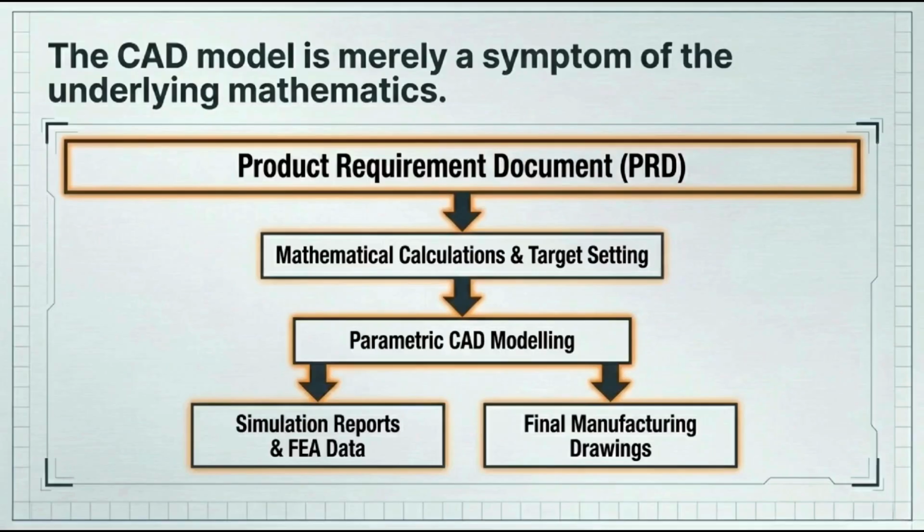The strongest engineers are not necessarily the fastest CAD users. They are the individuals who understand why every dimension, feature, and component exists. Because when the reasoning is correct, the geometry becomes easier to create. Modern engineering extends far beyond the CAD. Today's engineering operates within an entire ecosystem of interconnected digital tools that work together throughout the product development.